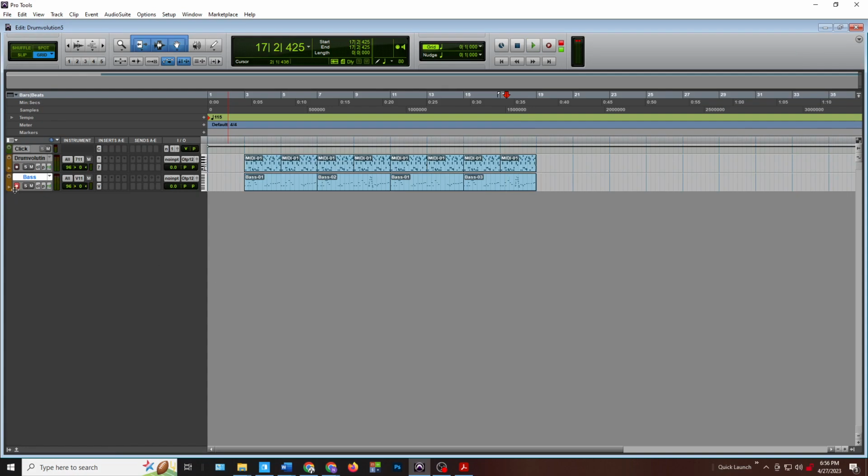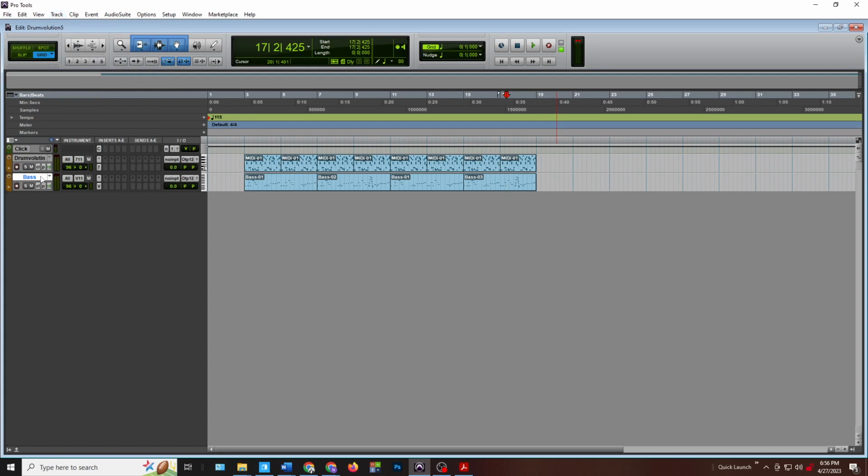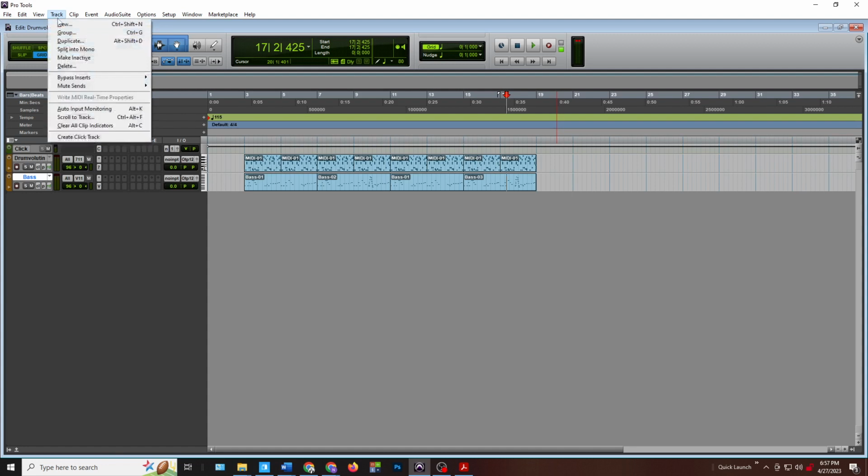And now that we're done with recording the bass, we can deselect the record enable on the left. And now we've got 8 bars, and with drums and bass. That's your basic tracks. Now we can add another synth track. Go to track, new. First, let's press Control S for save. And then track, new,